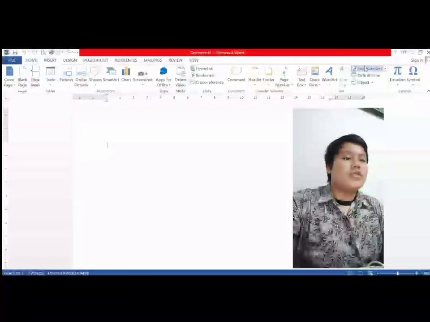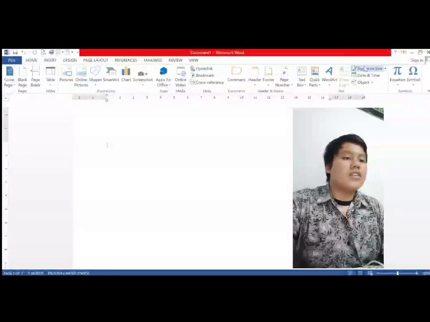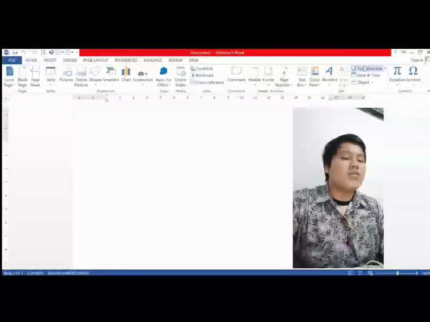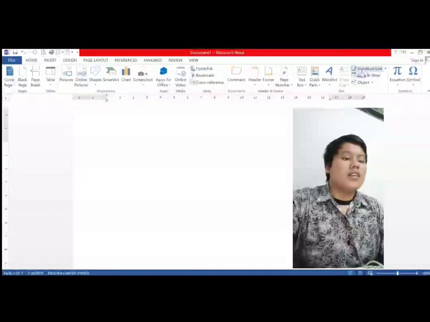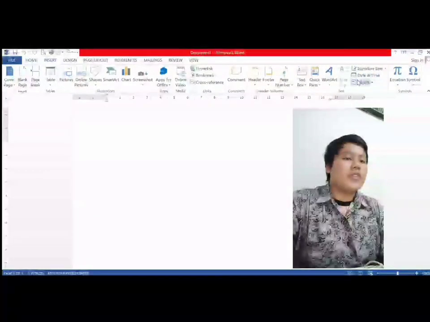Signature Line icon is the function to insert a signature line that specifies the individual who must sign. Date and Time icon is the function to quickly add the current date or time.